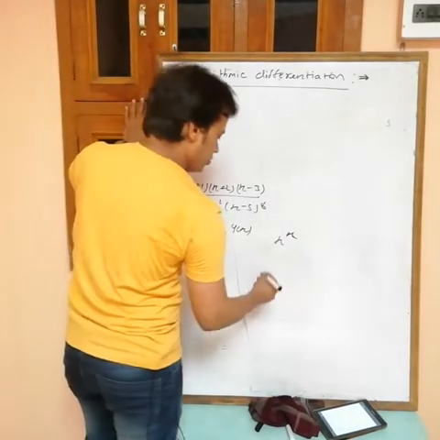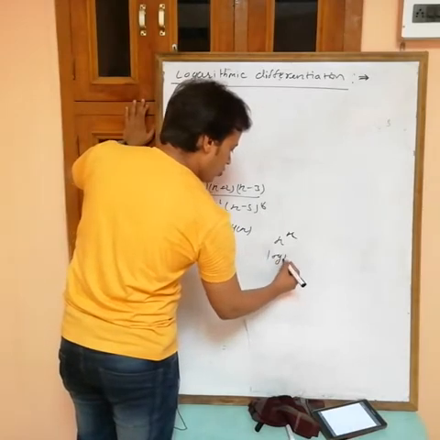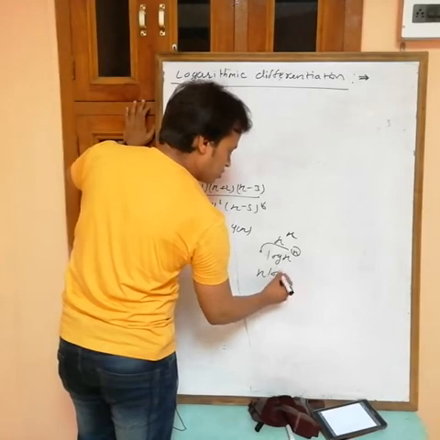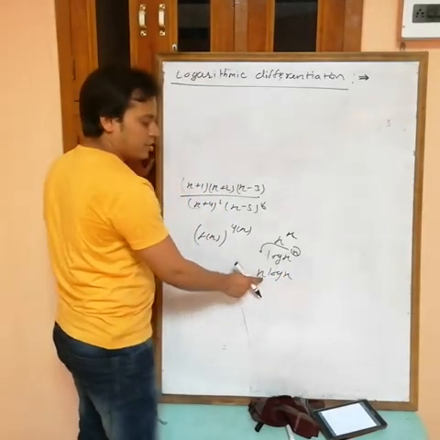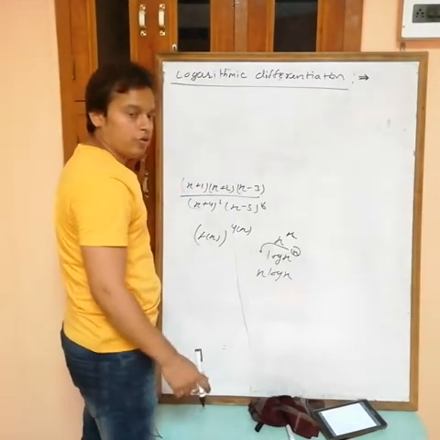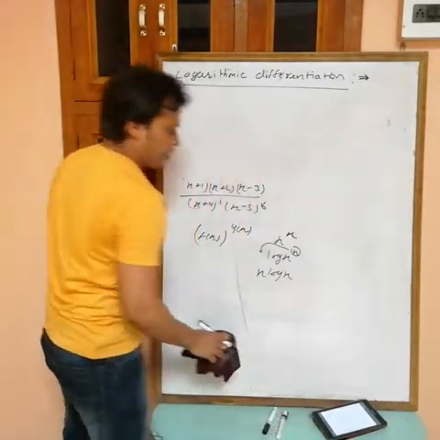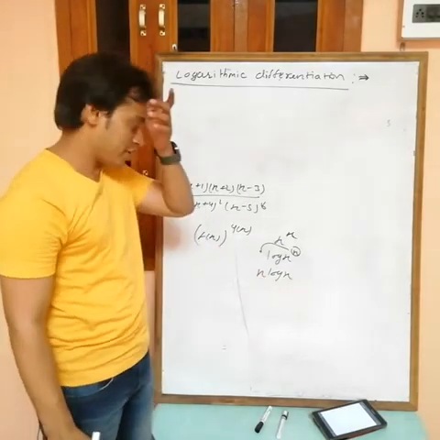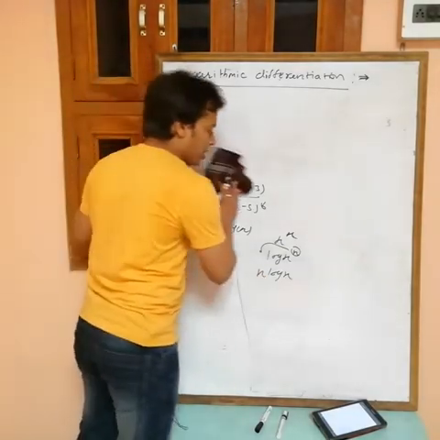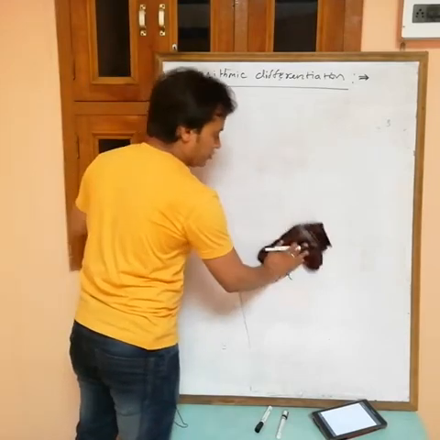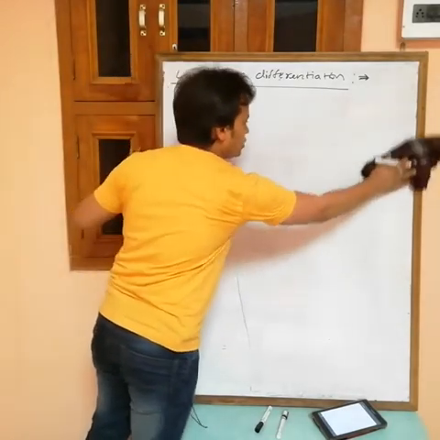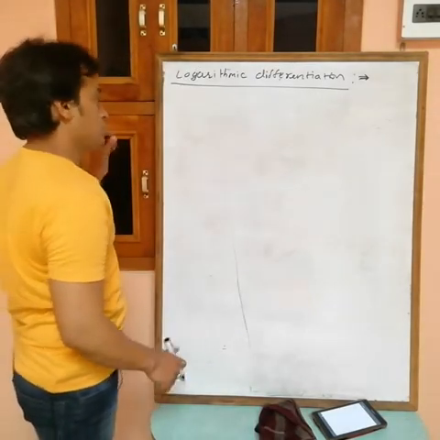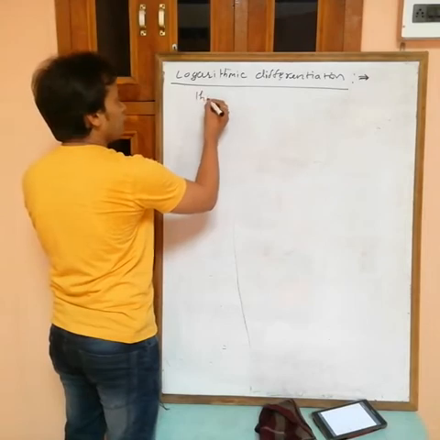Why do we have to take logarithm? Because if you take the logarithm of this one, log x power x, then the power can be written as multiplication: x log x. Now you can differentiate x and also you can differentiate log x. You can't differentiate x power x, but you can differentiate x into log x. So to write a function given in power as a multiplication, first we have to take logarithm. So logarithmic differentiation, in this one, the process